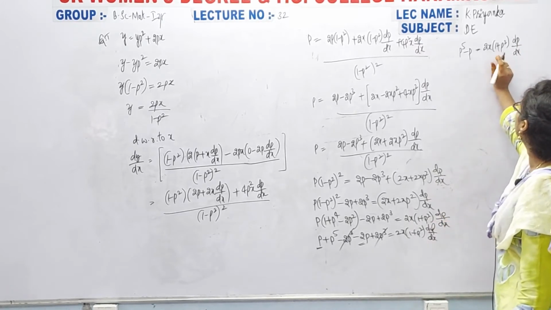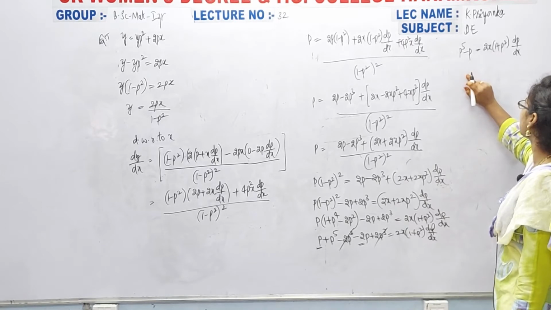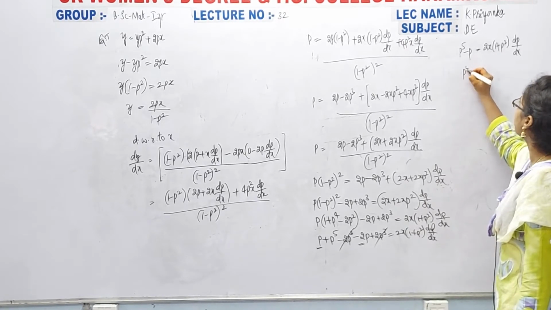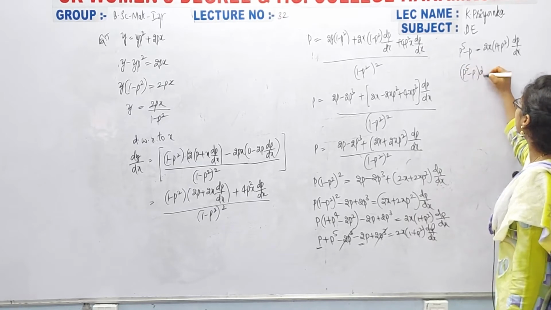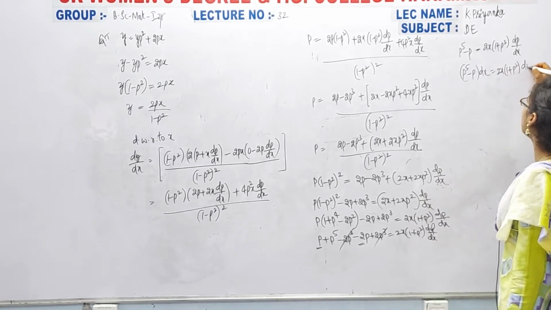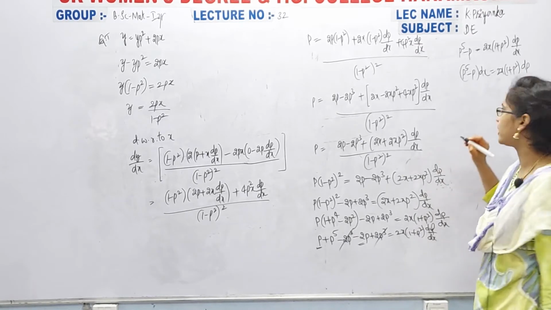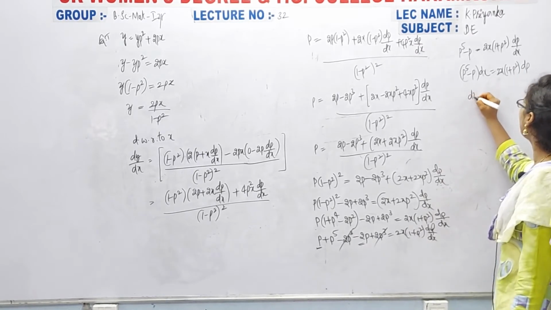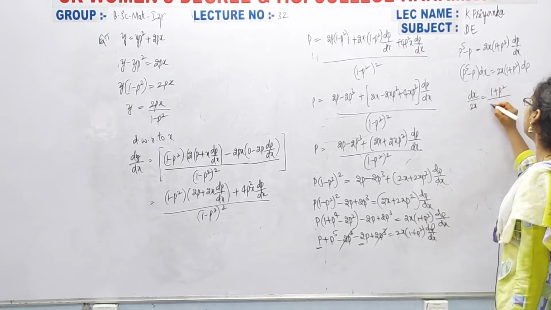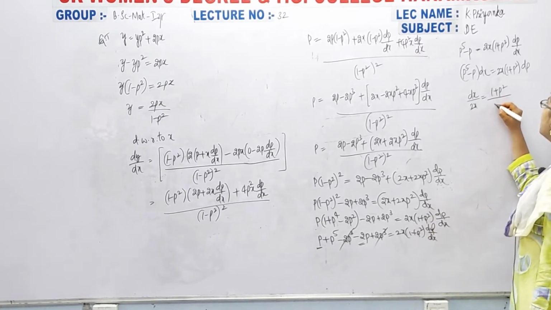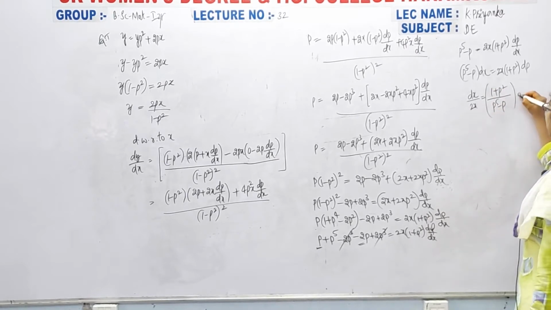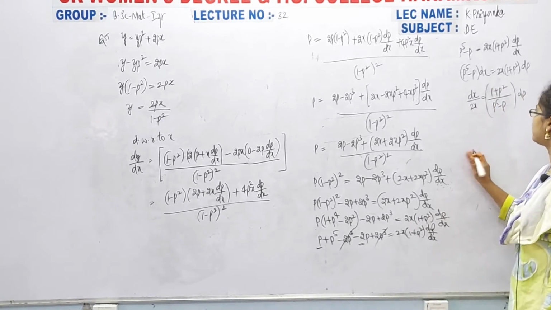Okay, now here I am taking p terms to this side, otherwise I will take that dx to this side. p power 5 minus p into dx equal to 2x of 1 plus p square into dp. Now I am taking the cross multiplication. Then what we get? dx by 2x equal to 1 plus p square by, and here I am taking p power 5 minus p, okay, into dp. So now here we can split it.